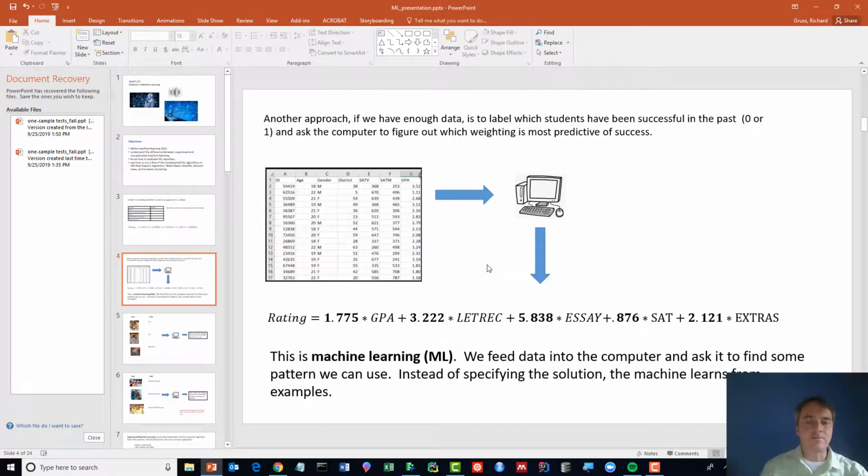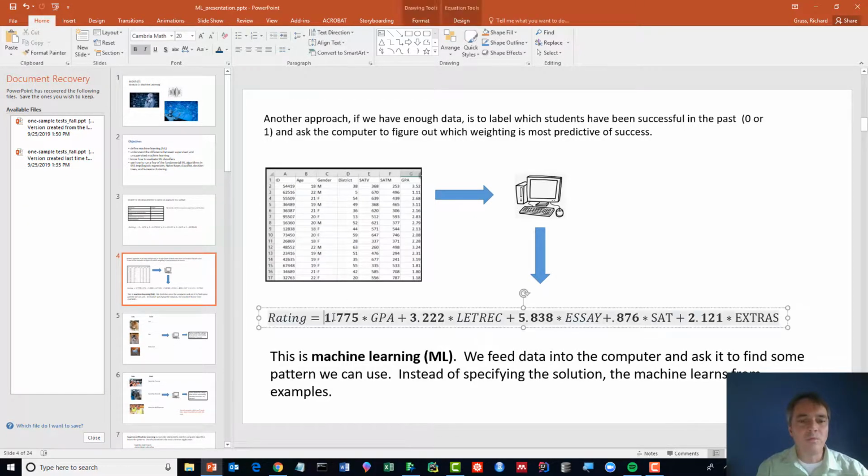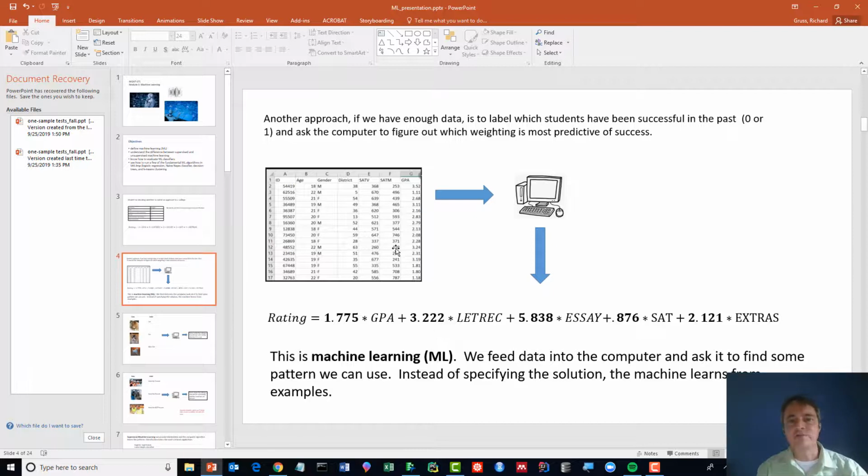And then we say to the computer, okay, now based on your own calculations, what do you think would be the appropriate weights to put on these various criteria in order for us to best be able to predict whether the student we're admitting is going to be a successful student. Okay, so the key difference in the approach is that rather than coming up with our own model for how